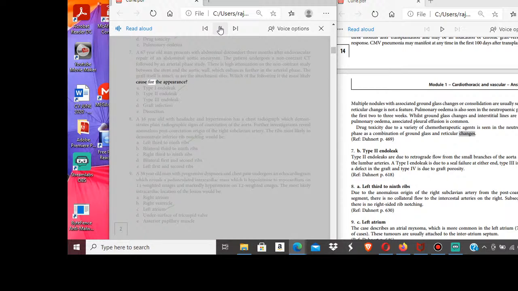Which of the following is the most likely cause for the appearance? A. Type 1 endoleak. B. Type 2 endoleak. C. Type 3 endoleak. D. Graft infection. E. Dissection. 8. A 16-year-old